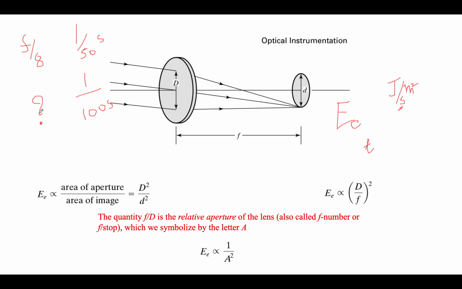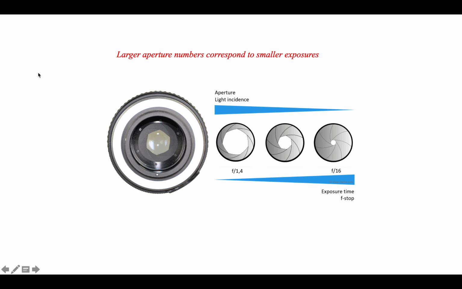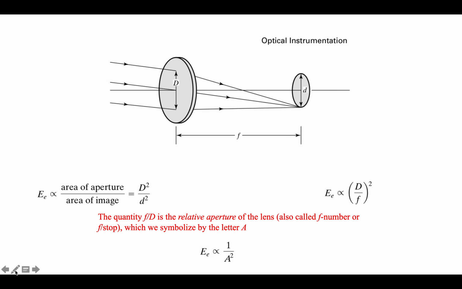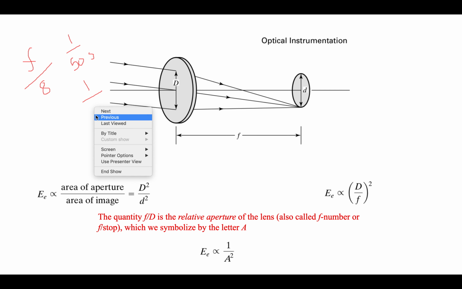I got a very good image using f over 8 and an exposure time of 1 over 50 seconds. Now I want to double the exposure time. So if I double the exposure time to 1 over 100 seconds,